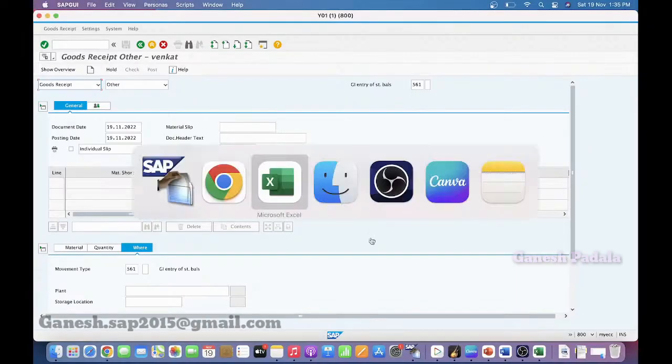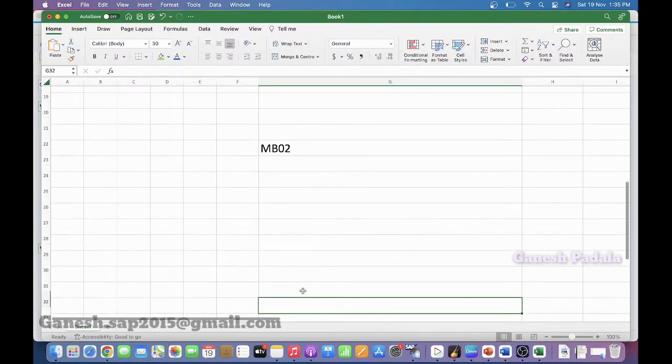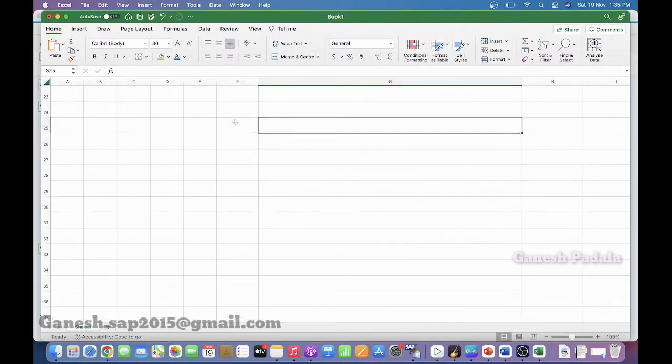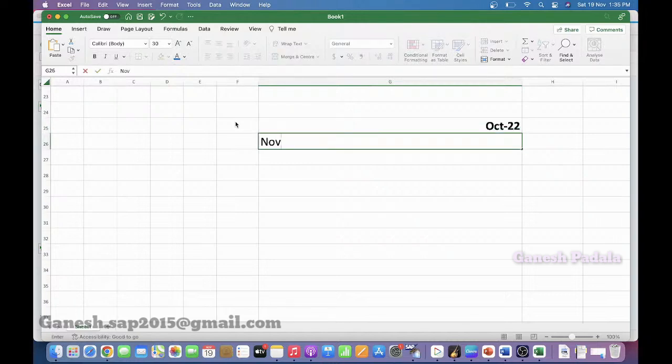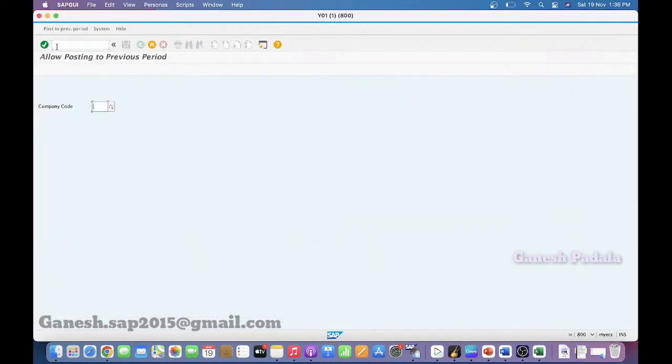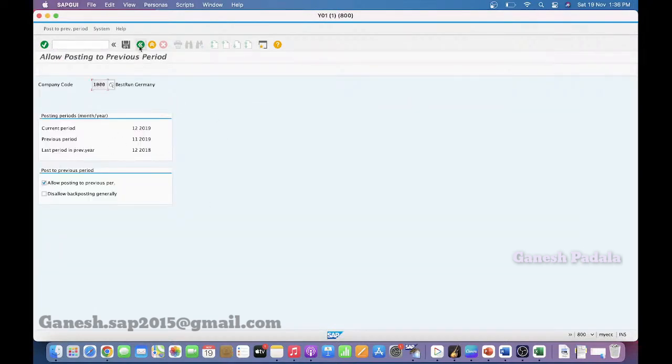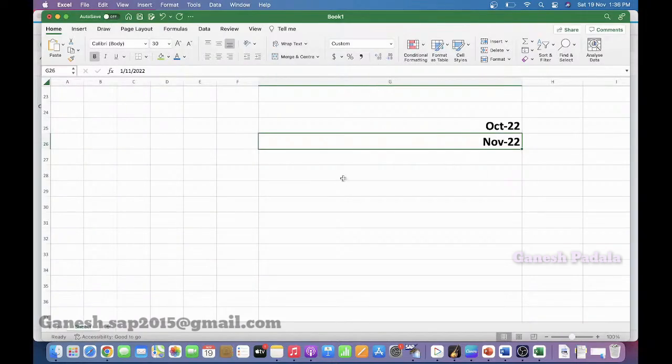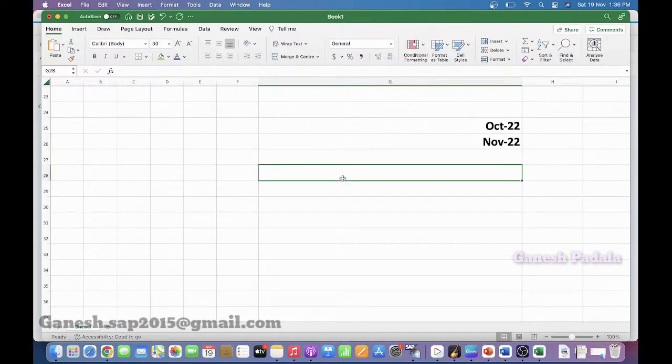For example, you are posting a material document, okay, and your period is currently open for October 2022 and November 2022. So these 2 months are open for your period in MMRV. So you can see in your company MMRV transaction, right? You can check what periods are open. Okay, let's take anything. This is an example only. So will the system allow to post any material document, okay, a post goods movement